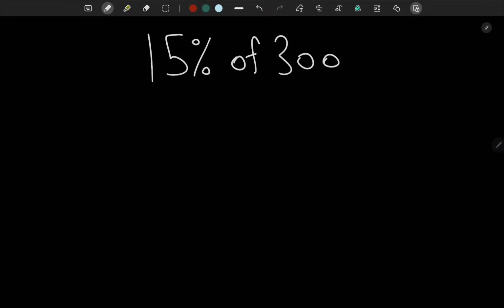So in this video, we will learn how to calculate the percentage of a number. Here we have an example where we need to calculate 15% of 300. The first step is to understand what percentage even means. Percentage is just a way of expressing a number as a whole out of 100. So what this 15% basically means is it is 15 out of 100